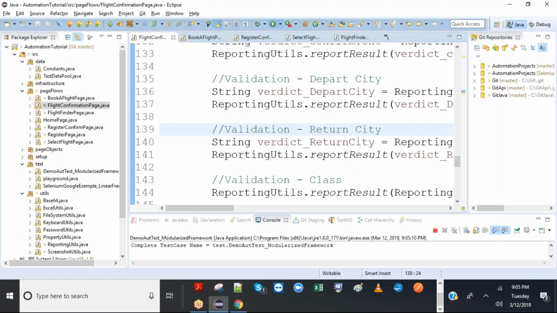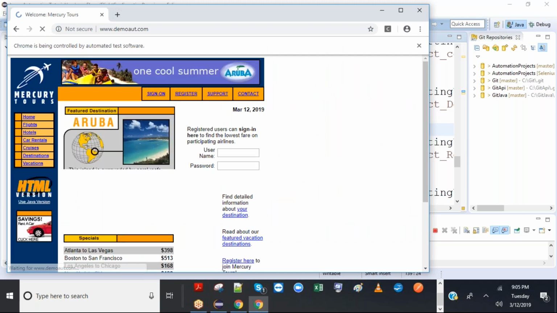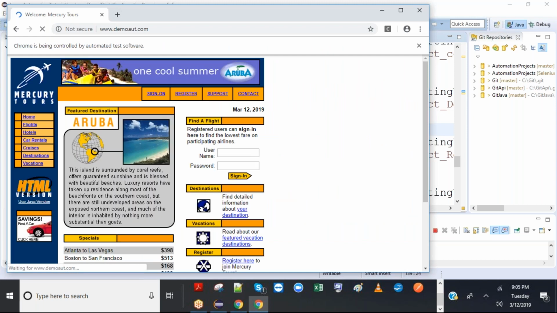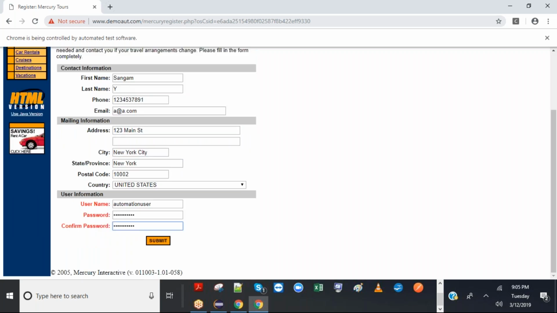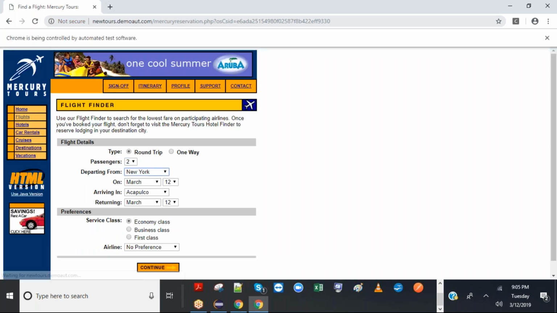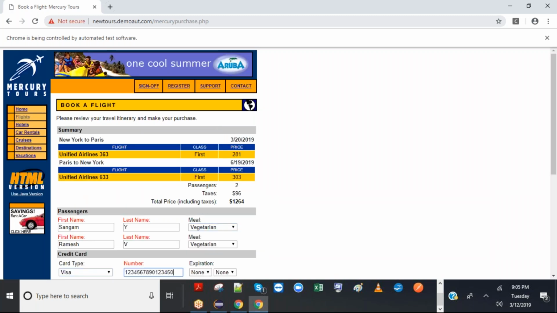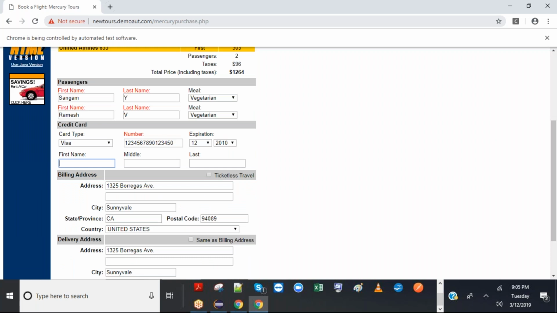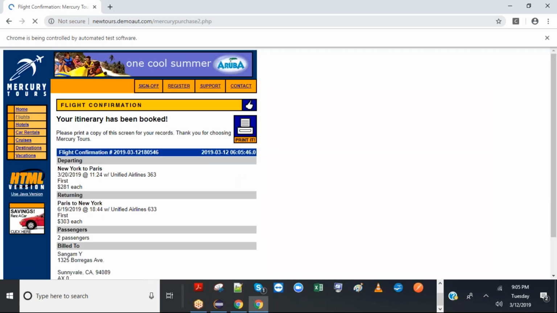Okay, so we didn't hit the button yet, so that's why it's remaining on the same page.